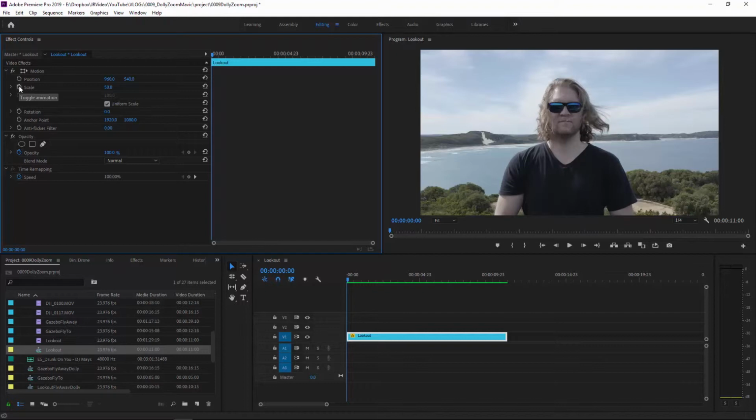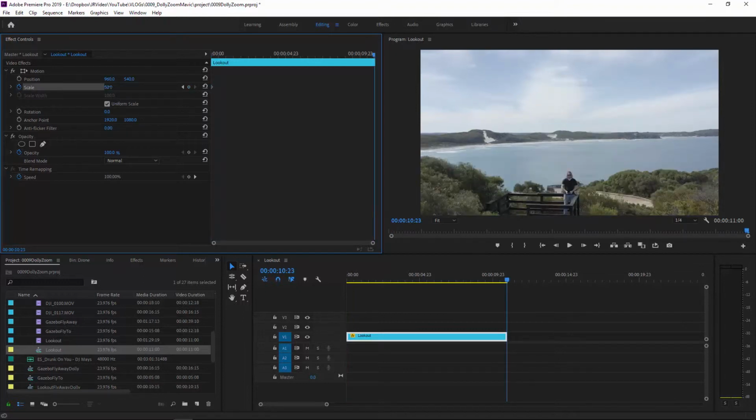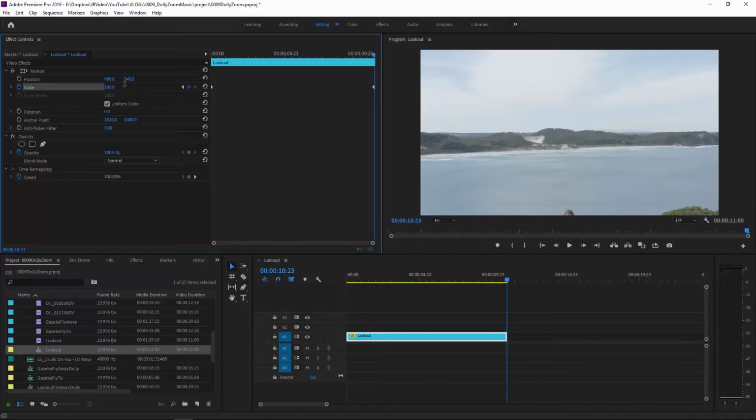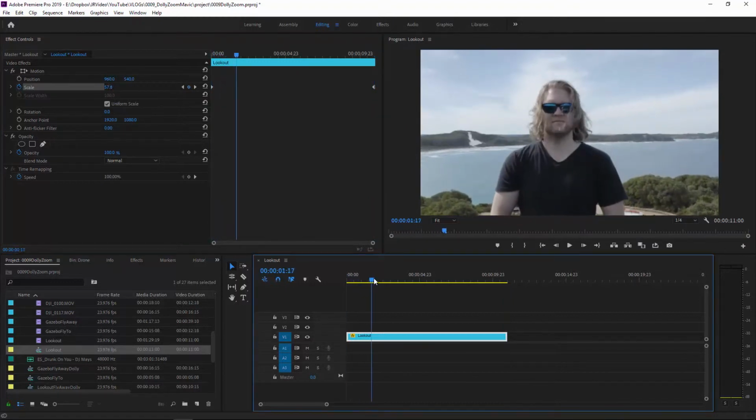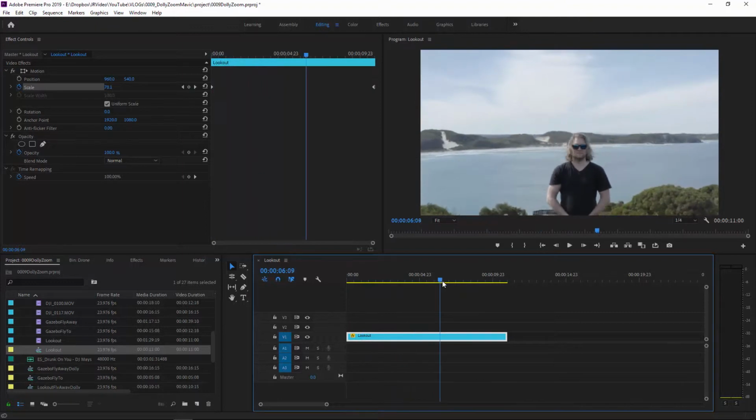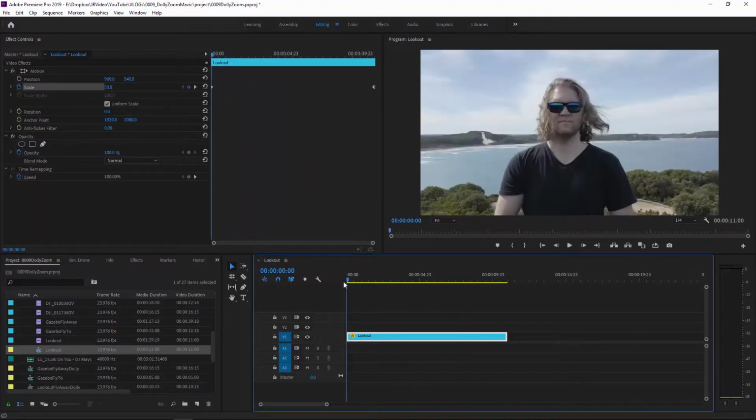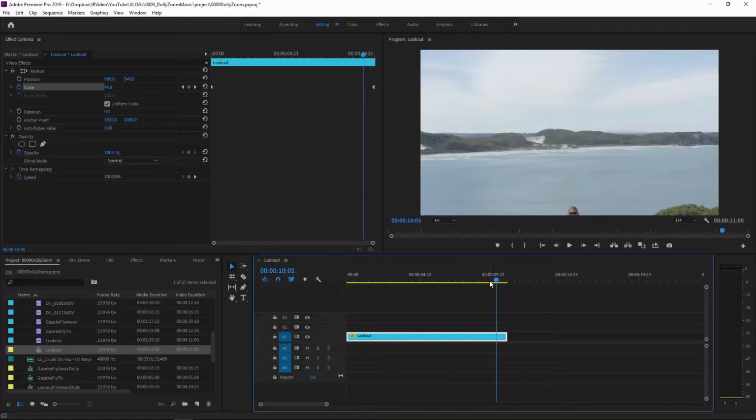We're going to come across here and we're going to toggle the animation for the scale, and we're going to come to the end of the clip and we're going to change the scale to 100. What this results in is a digital zoom in while the clip is playing. And it's this combination of the drone physically moving away and the digital zoom zooming in that creates this Dolly Zoom effect. Notice at the end here I'm no longer in the frame,